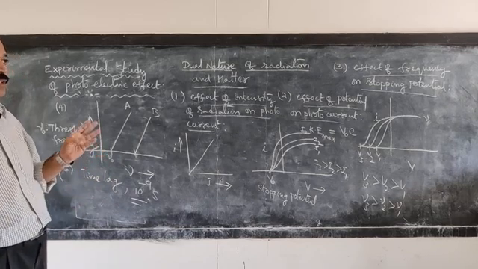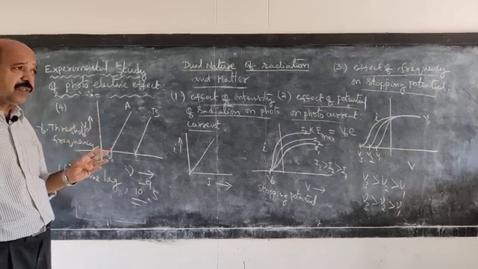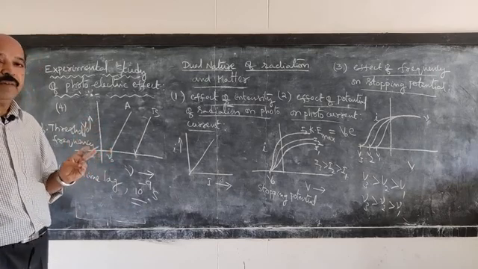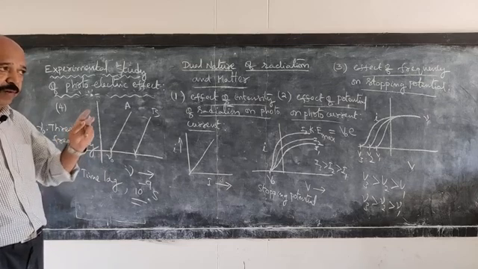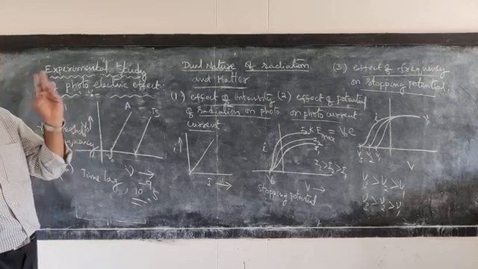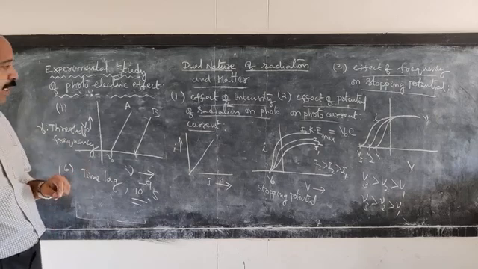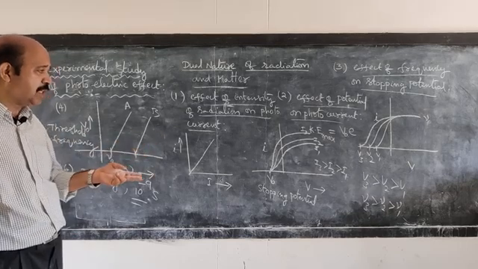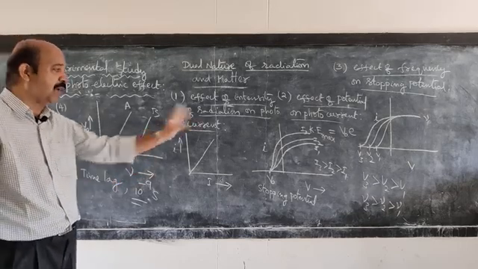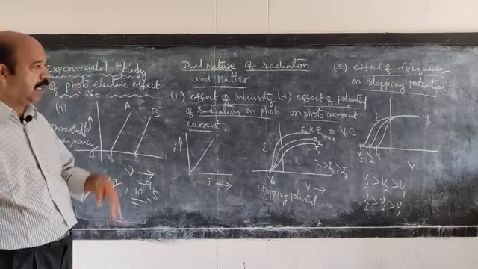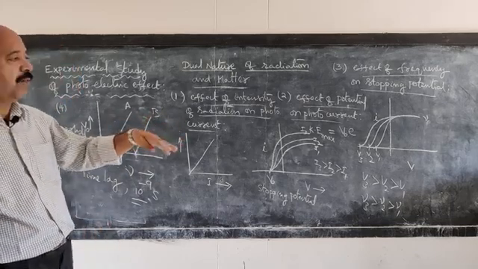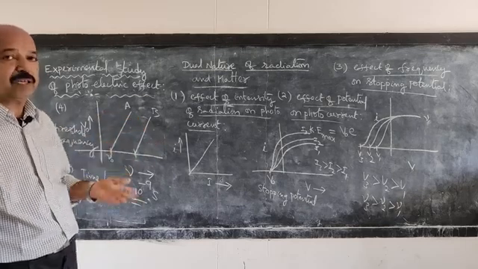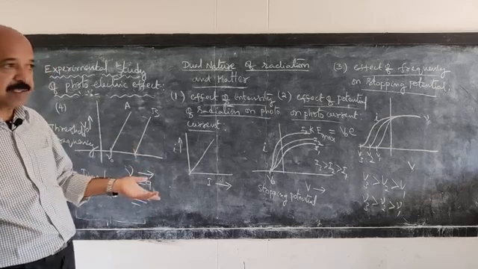One is that the photocurrent depends upon the intensity of incident radiation for a given frequency of radiation falling on a metal surface. The second one is that the stopping potential is independent of the intensity of radiation. And the third one is that for different frequencies of radiation, the stopping potential for the same metal surface varies.